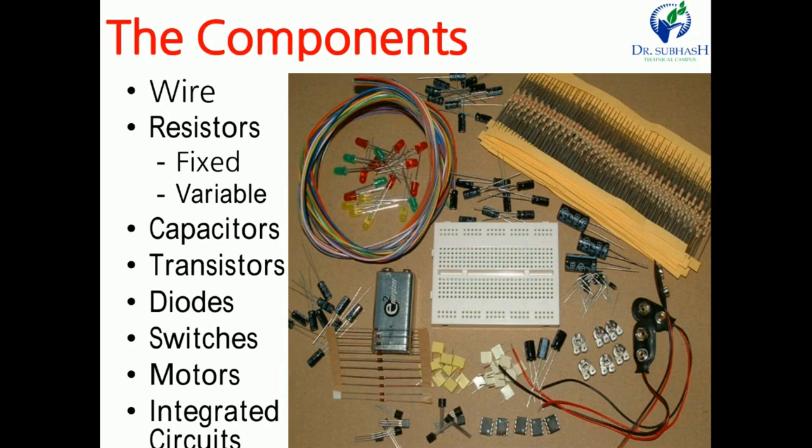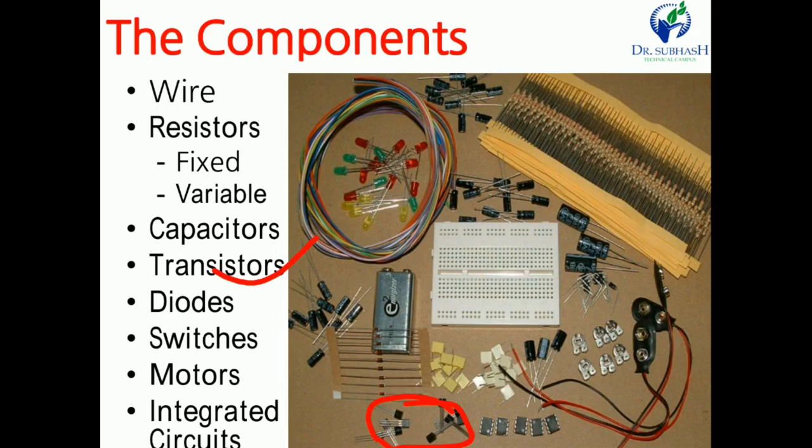Then the next one is the transistor. The main device of basic electronics is the transistor, and it is used for switching as well as amplifier purposes. If you want to design an electronic switch, then a transistor is required. If you want to design an amplifier, which boosts the signal or increases the strength of the signal, then an NPN or PNP transistor is required. In this diagram these are all transistors. It is a 3-terminal device: emitter, base and collector. So that is all about the transistor.